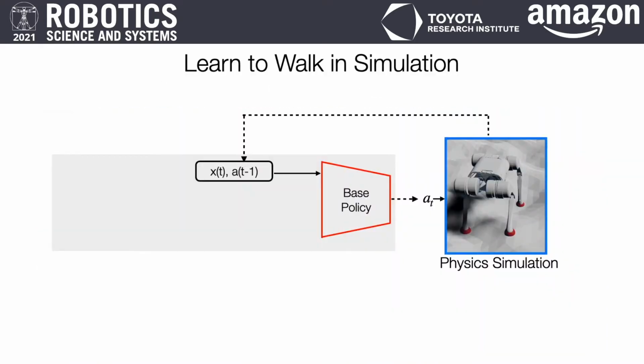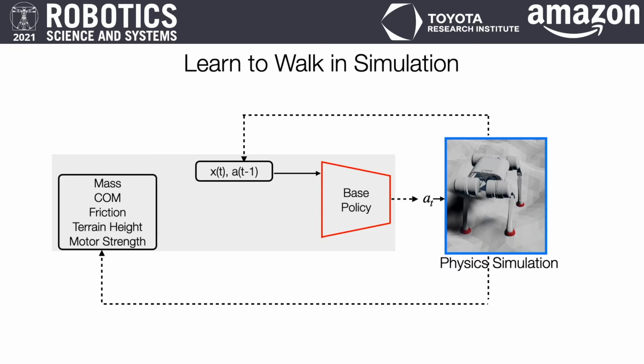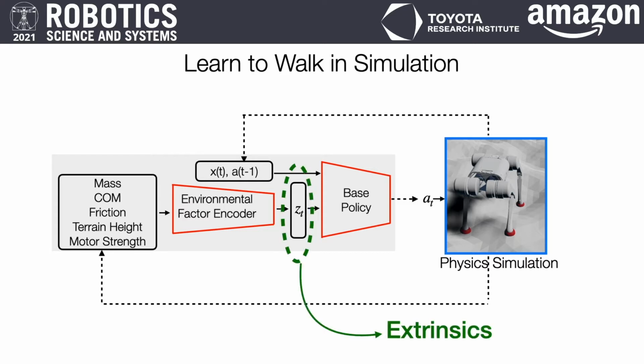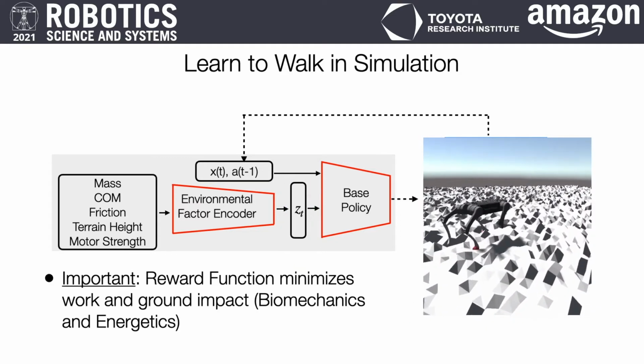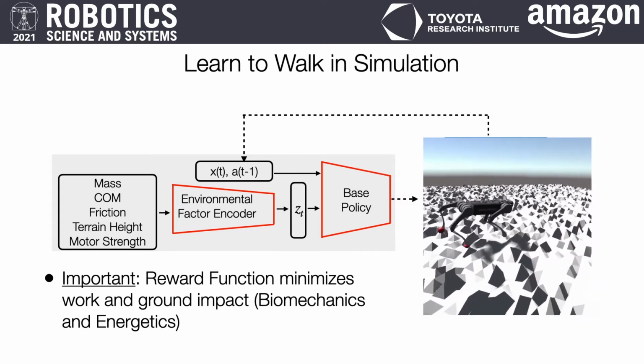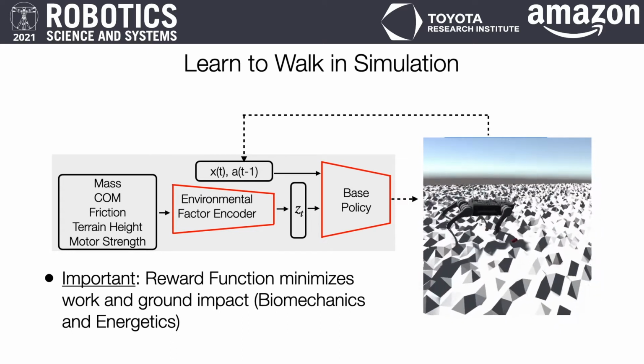Let's first solve the problem in simulation. We want to train a policy which can handle a diverse set of environment variations. This policy takes the current state of the robot and a compressed version of the ground truth environment parameters as input to the policy to learn to walk in all these different settings. We are not using a generic policy but an adaptive one, which knows what it's dealing with through this compressed environment vector, which we call the extrinsics or z sub t. In simulation, it is going to experience many different environment configurations, and each of these corresponds to a different z_t, or this vector of extrinsics.